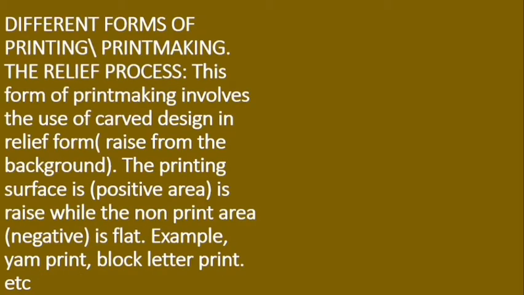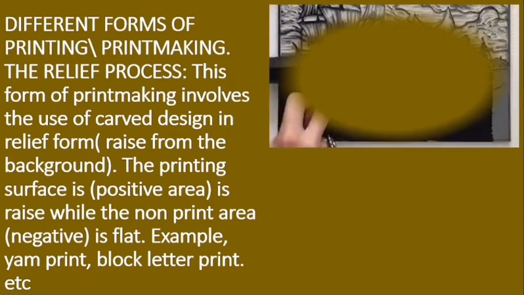Different forms of printing and print making. The relief process. This form of print making involves the use of carved design in relief form raised from the background. The printing surface is positive area. It's raised while the non-printing area negative is flat. Example: yarn print, block letter print, etc. Here is a good example